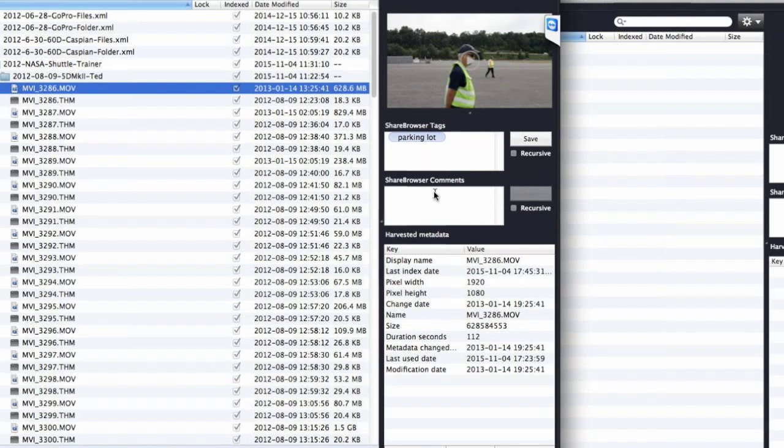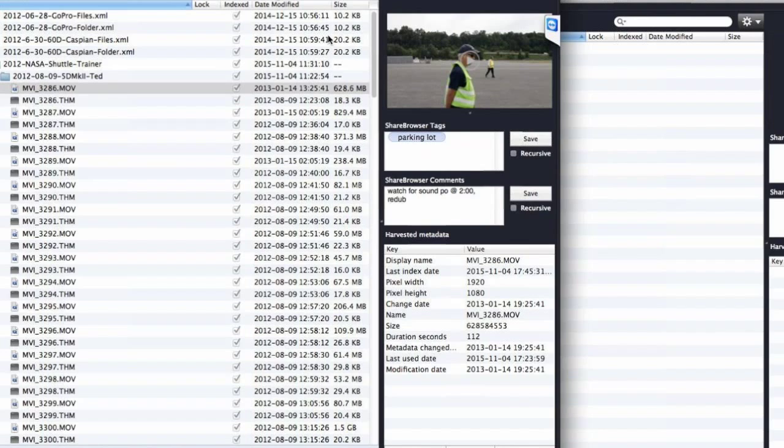We also have a comments field beneath the tags. So if we think of tags very much as a keyword search, specific descriptors, the comments field is often used for log notes. So maybe I have a weird sound pop at 2 minutes, and I need to have that redubbed. So I'm going to say redub here. Then we save. And again, because this is immediately updated, if I'm the audio editor or the person responsible for doing those redubs,